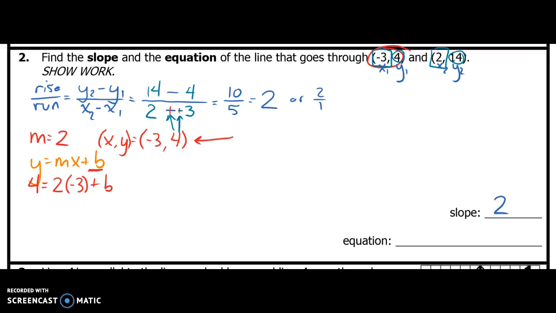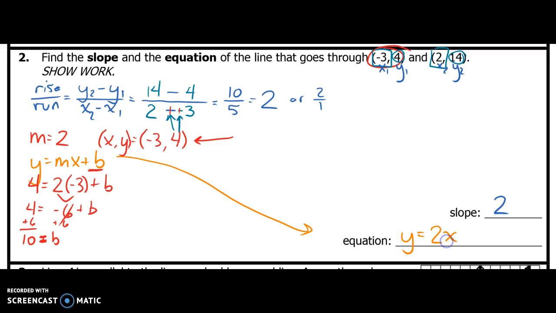So now it's just a matter of solving this equation. 2 times negative 3 gives me negative 6. So 4 equals negative 6 plus something. I'll add 6 to both sides to find that missing piece, missing piece is 10. So putting all of that together into a final answer, y equals, we know that our slope is 2, so I'll attach that to the x, and we just figured out that our y-intercept was a positive 10, so